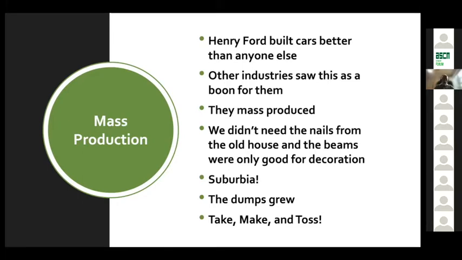About the same time that all of that was happening, this guy named Henry Ford started to build cars, and he could build them better than anyone else. And his whole idea of mass production and moving the product past the workers and allowing the workers to stay in a place was counter to what they had been doing before in artisan types of industries,